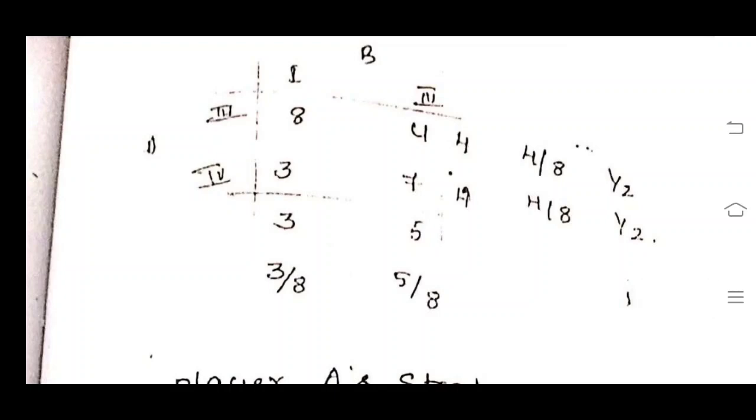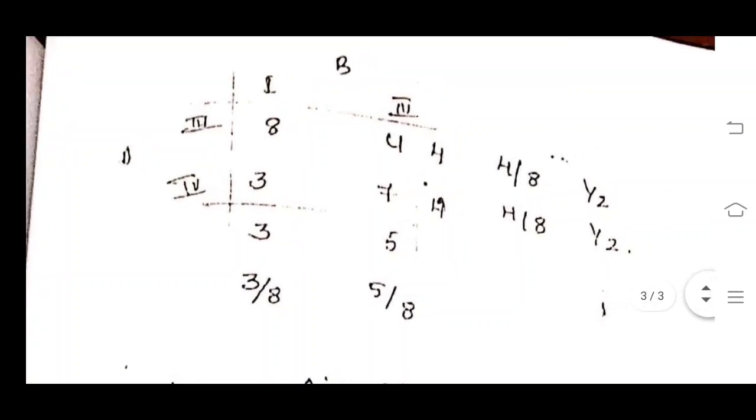Now the thing is finding out the probability. The probability is calculated as whatever difference is written in front of that particular row, that will be written in the numerator, divided by the sum of both the differences in the denominator. For example, for player A, for the third row, 4 will be the difference in the numerator. There are two differences, for the third row and the fourth row, that is 4 and 4. The summation of that, 4 plus 4 is 8, that is 4 by 8, and after simplification you will get 1 by 2.